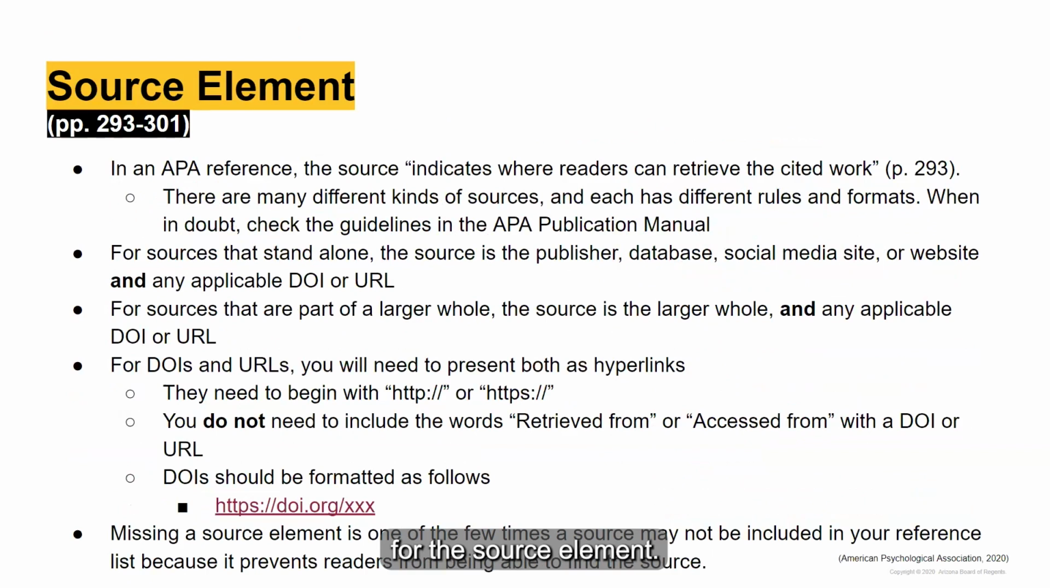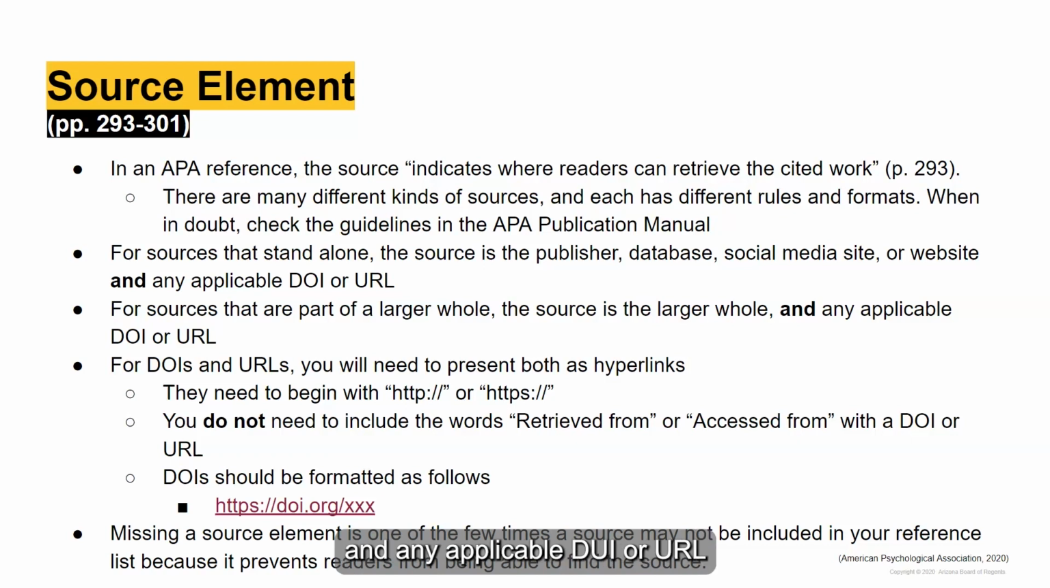For the source element, the source indicates where readers can retrieve the cited work. There are many different kinds of sources, and each has different rules and formats. When in doubt, you should check the guidelines in the APA publication manual. For sources that stand alone, the source is the publisher, database, social media site, or website, and any applicable DOI or URL. For sources that are part of a larger whole, the source is that larger whole and any applicable